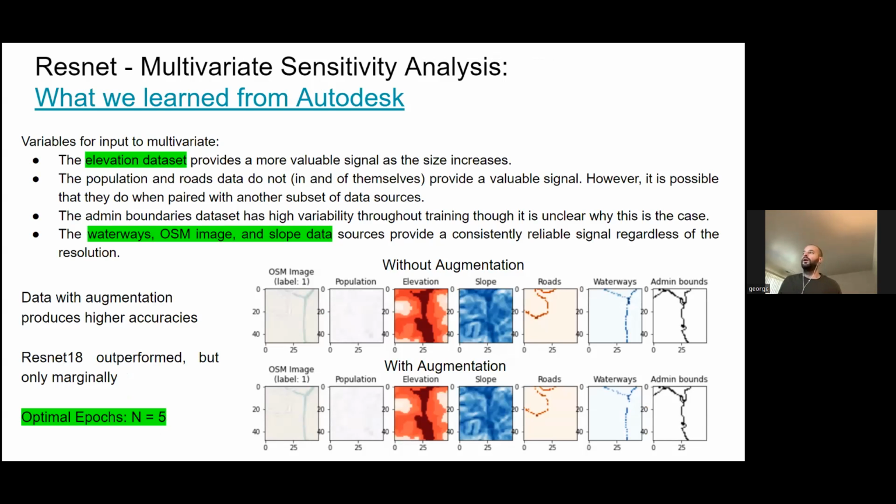The first part of the multivariate model that was created by Autodesk, you can see here some of the variables that they have used, which is OpenStreetMap image of the actual location on the ground. You can see that they use population, elevation, slope, roads, waterways, administrative boundaries. But of course, not all of them were useful for making inference. Highlighted here with green, you can see which of the variables were actually useful on making inference, and that you could gain